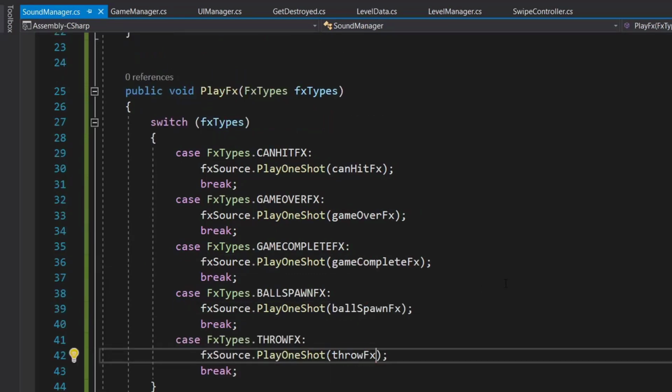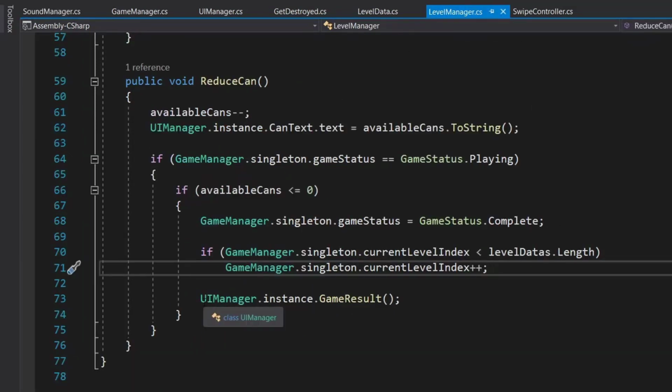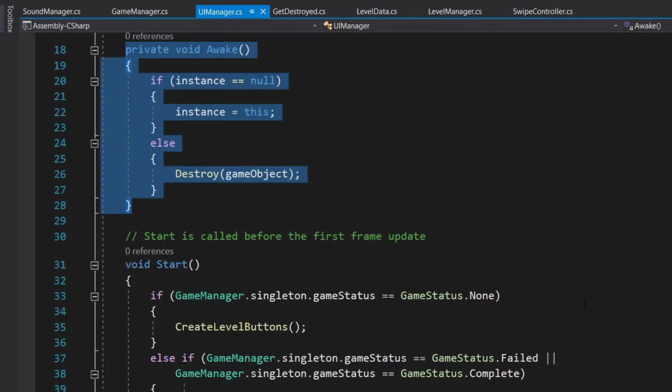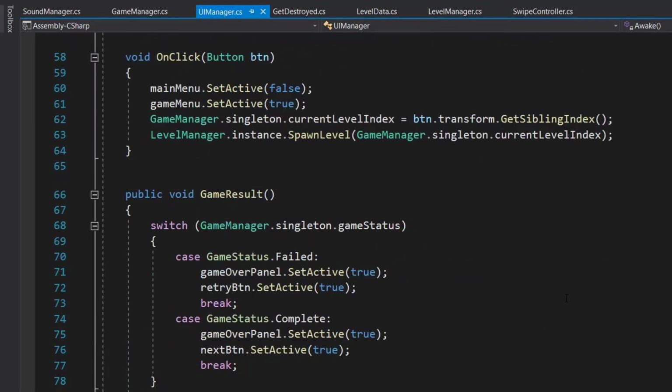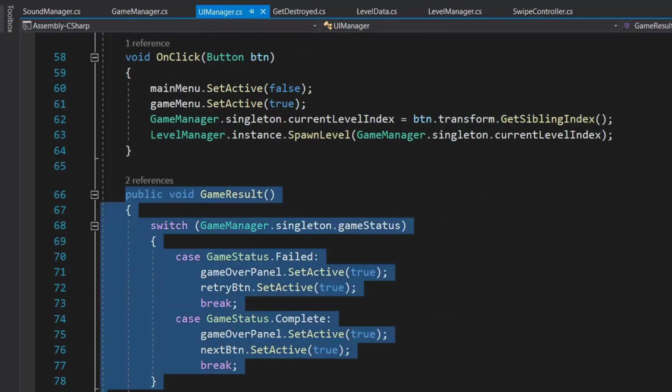Okay, so let's go to our level manager. Here we have, instead of going to level manager, let's go to our UI manager. Inside our UI manager, we have a method called game result.